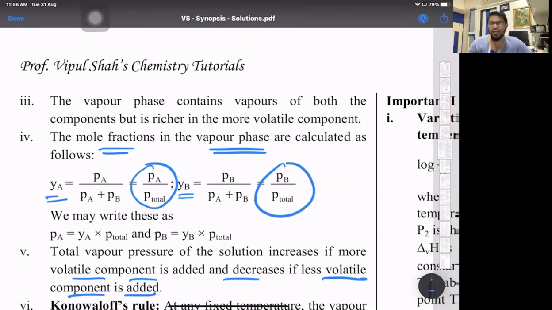But if it is a non-volatile solute like salt dissolved in water, then the vapors coming on the surface, that is of water, will be less if NaCl is dissolved in water, because NaCl is a non-volatile solute and water is a volatile solvent. Certain NaCl particles will trap those water molecules, so it is difficult for the water molecules to escape. So vapor pressure decreases. If you add a volatile solute to a volatile solvent, both the vapors will come, so vapor pressure increases. And if you add a non-volatile solute, it traps the solvent particles to itself, hence its vapor pressure decreases.